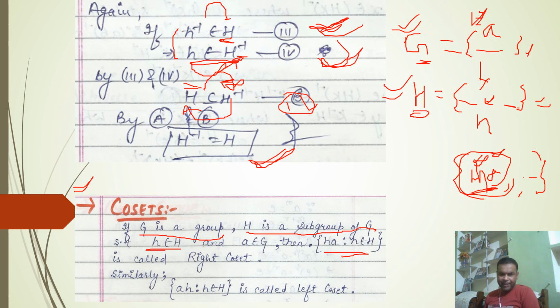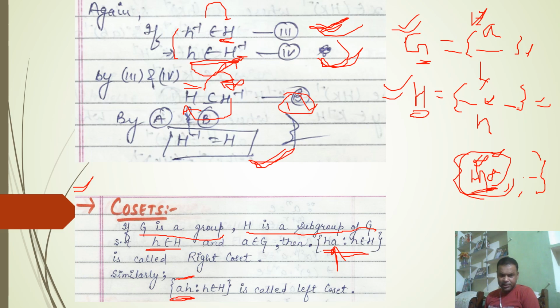Here the element of group G appears on the right side, so it is known as a right coset. It means the coset is the product of elements of H with an element of G. If you write Ha, it is the right coset, and if you write it as aH, then it is the left coset. I hope you have understood the definition of cosets.